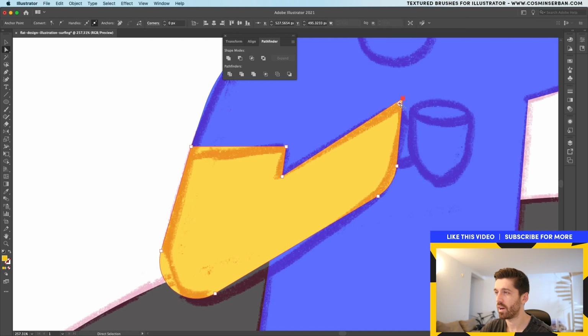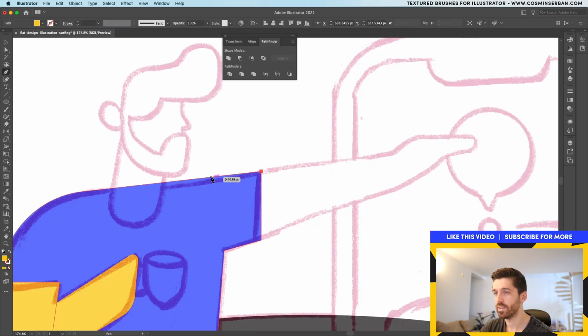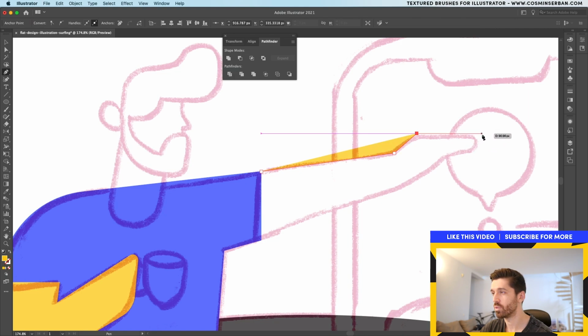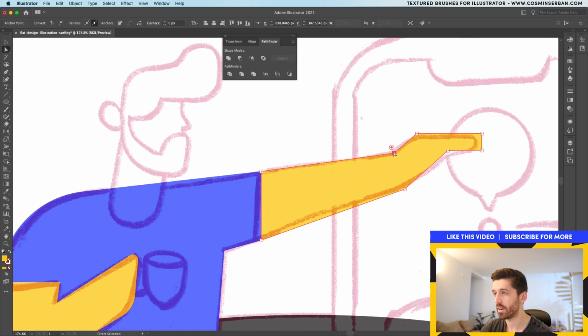I want to have more of a rounded look to them. Same thing with this hand. Try to follow along and let's place a point wherever we want to have corners and we'll round them off afterwards. And now with the direct selection tool, it's all a matter of going over each one and trying to make changes to it. For example, these two, I'll hold down shift to select both of them so I can actually have a perfect circle. This one on the other side to have some consistency.